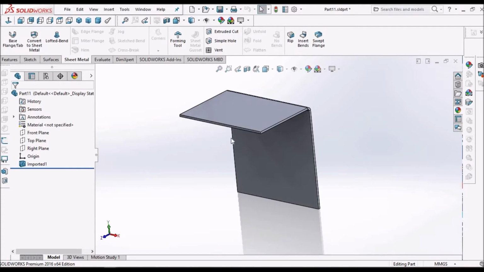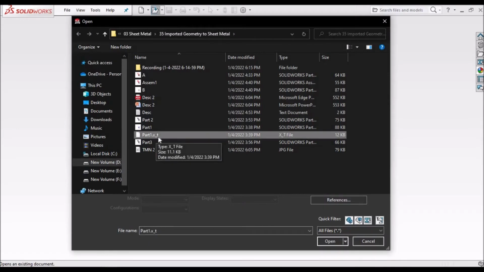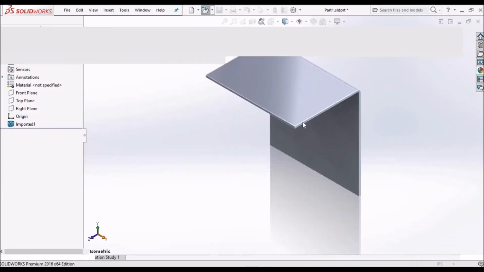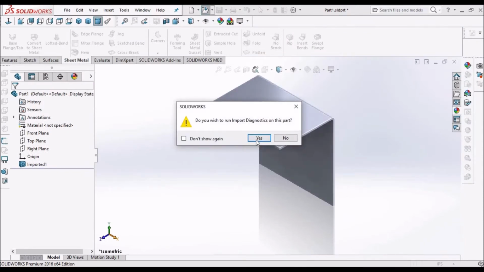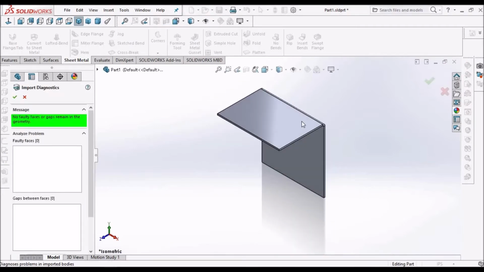Let's start now. So I'm importing an x underscore t file, which is a Parasolid extension. I am trying to import this sheet metal. Here we have to say to diagnose the component.